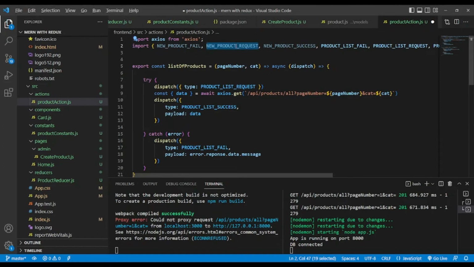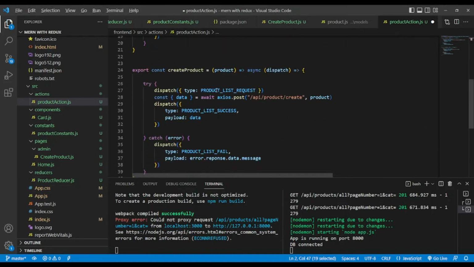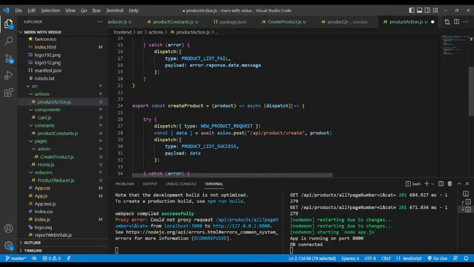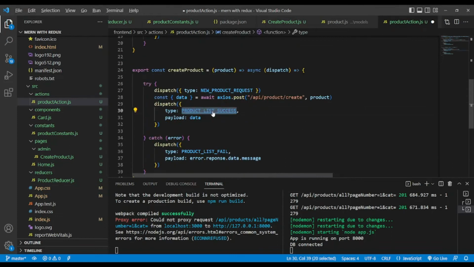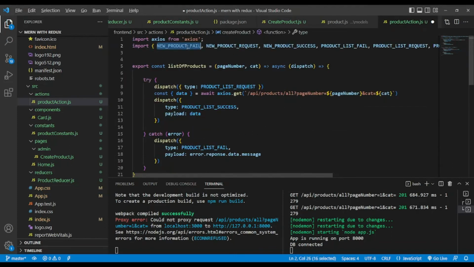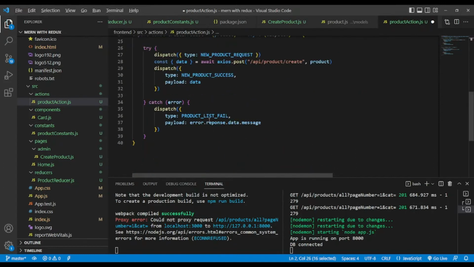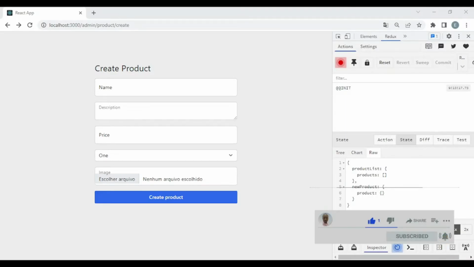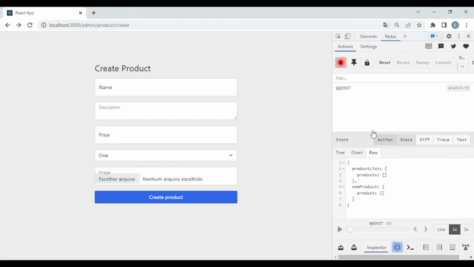So it should be here. Product request, product success. Here no product failed. Okay, so it should be okay. So after configuring in the no product, you can see in the redux table here in the browser